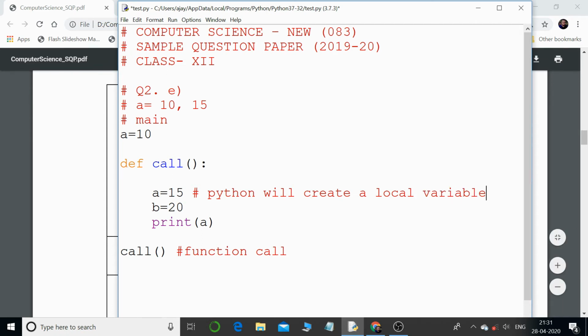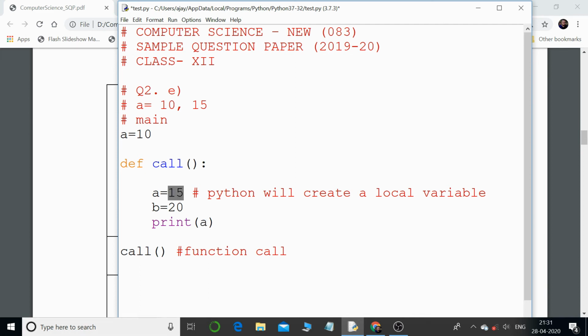In this case Python will create a local variable a which has a life just within this function. So this a and this a are two different variables. This will be a local variable, which means it is local only to this particular function. So over here it will print 15. Still we will have the output as 15, because we are just accessing the local variable.